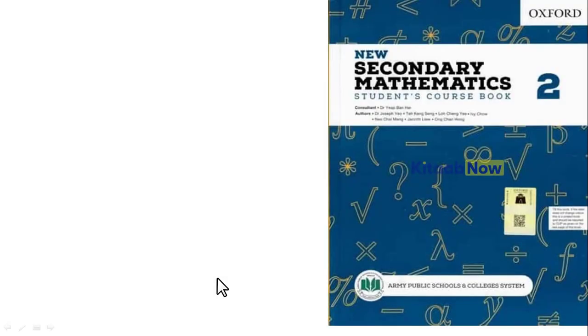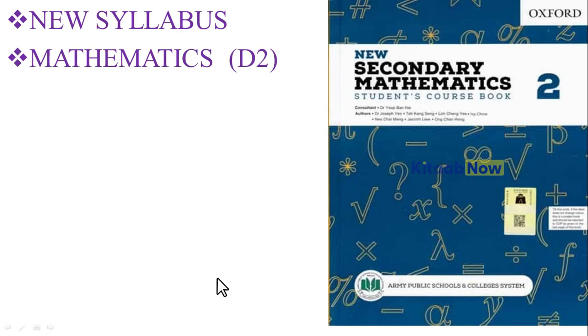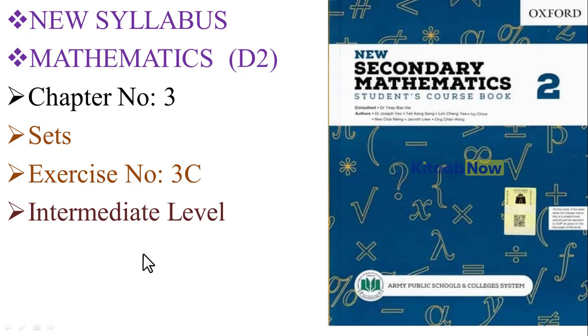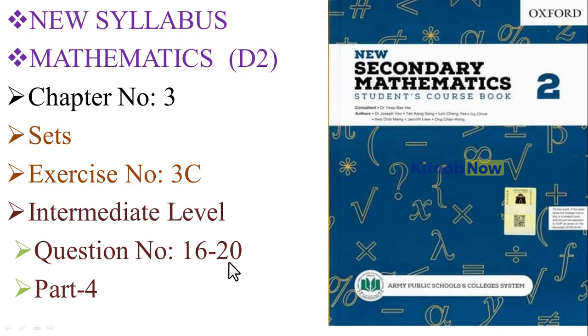Today we will discuss the new syllabus of mathematics D2, unit number 3, Sets. Today we will discuss exercise 3C, intermediate level, question number 16 to 20 in part 4. In the previous part we discussed question number 10 to 15. Today we will discuss question number 16 to 20. Now in question number 16, the given statement is that